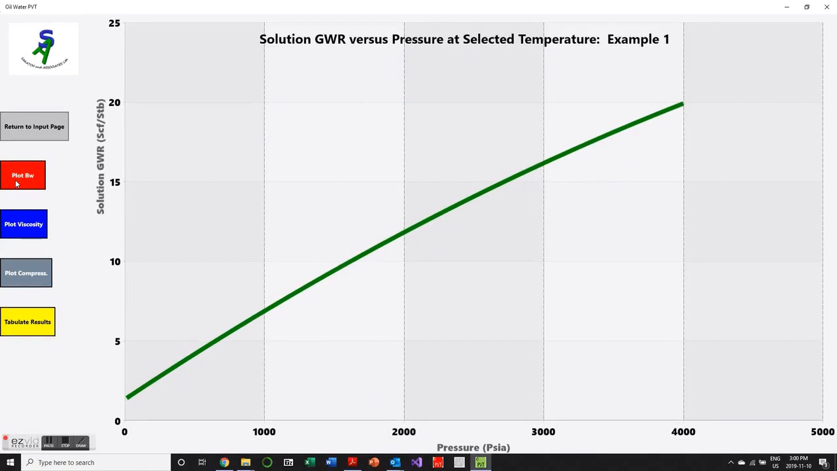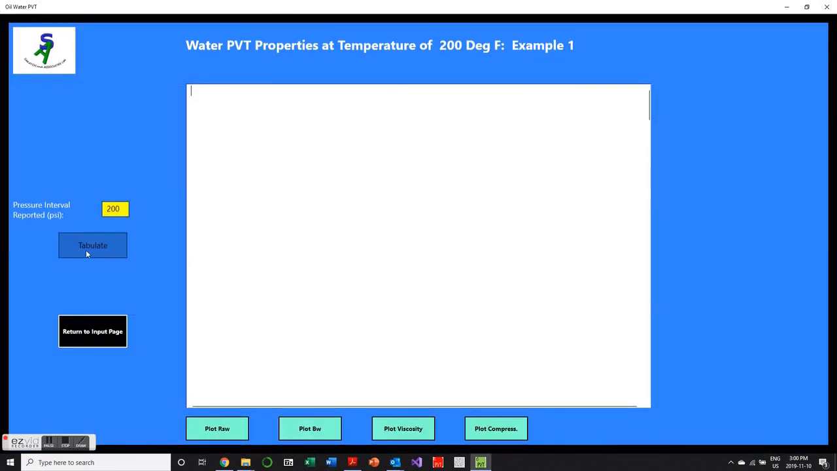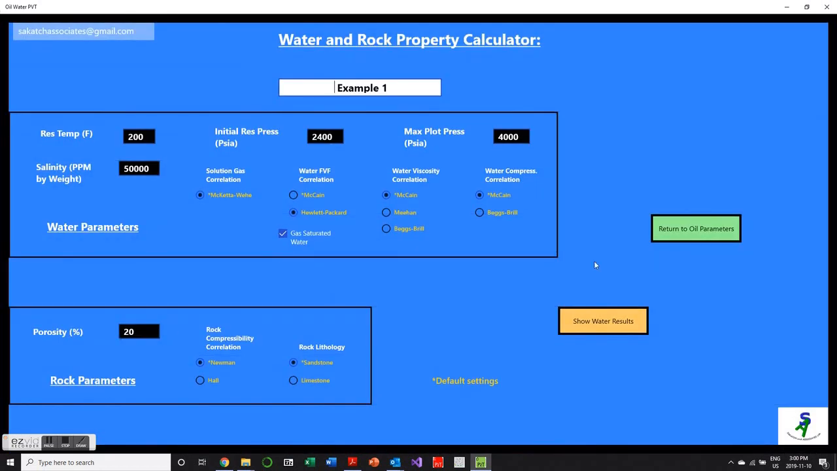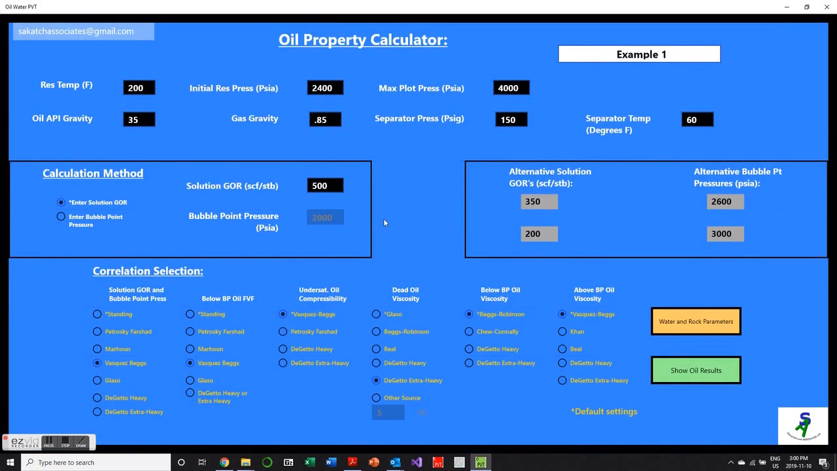We can show the solution GOR, viscosity, etc. And as before, we can tabulate the information also. Of course, we can go back to the front now, change any parameter that we wish,